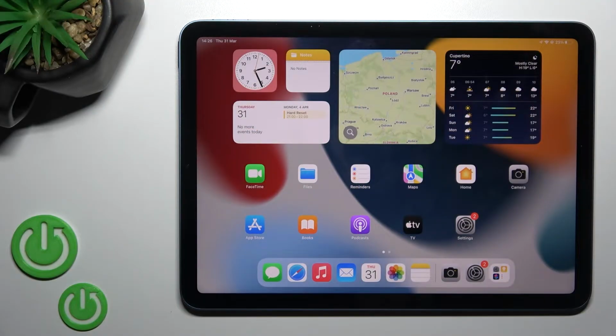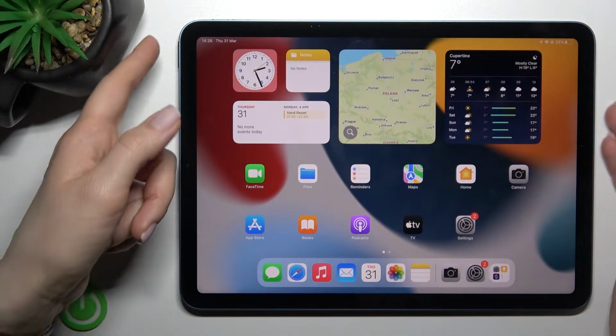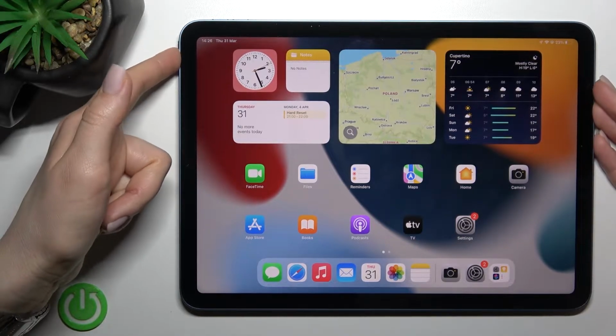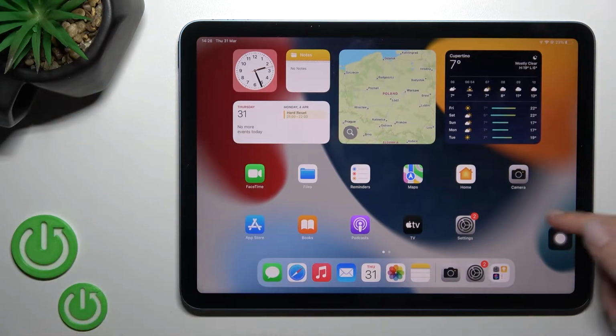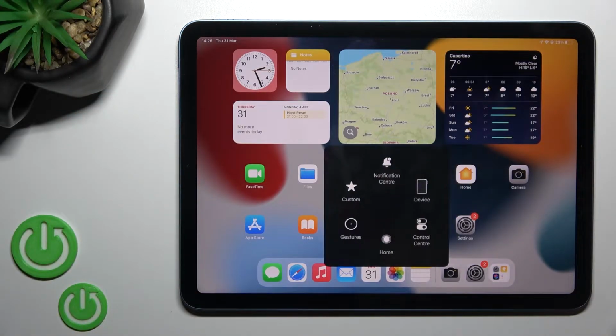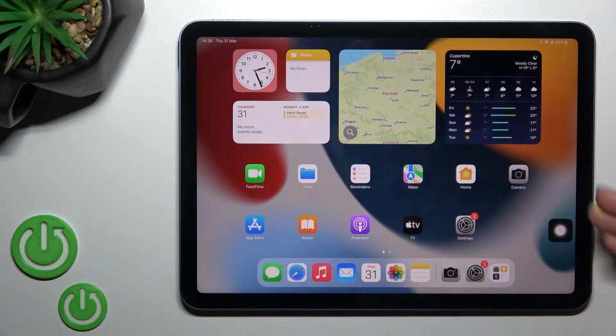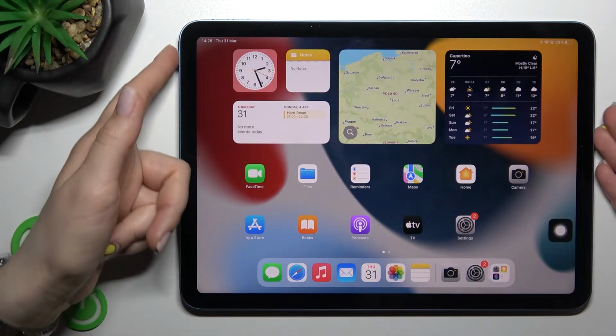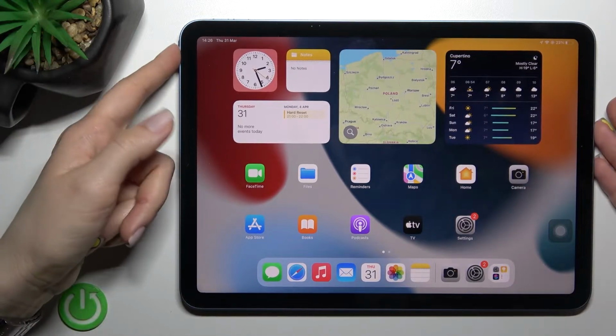Welcome, today in front of me is the new iPad Air 2022 and I'll show you how to disable quick launch on this device. So now, by triple pressing the power key button, you can see that I can activate the Assistive Touch here. And for example, to disable this feature, just to have some options, one will just triple press